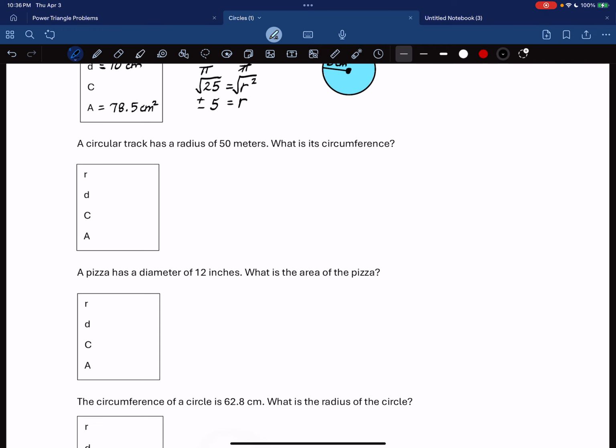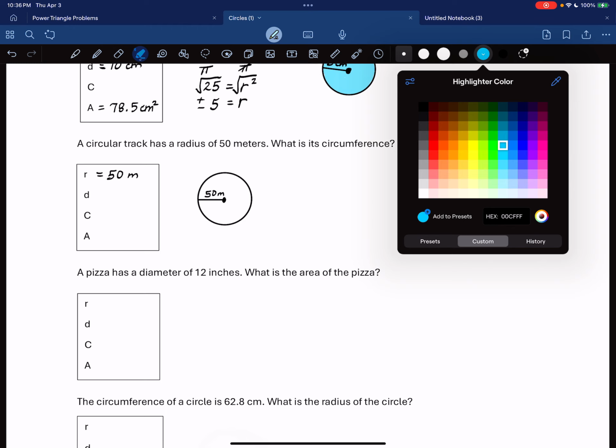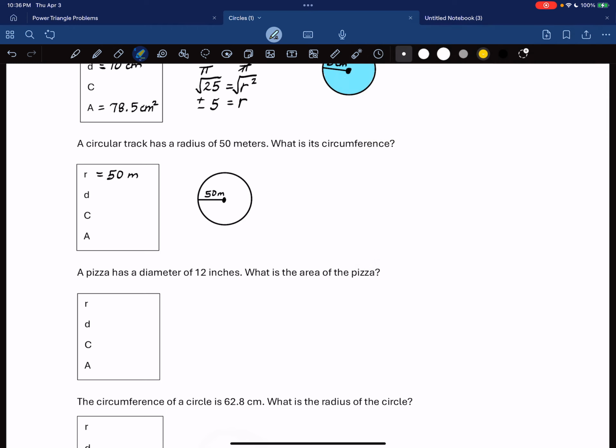Okay, a circular track has a radius of 50 meters. What is its circumference? So we want to know the distance around the track. So if we're looking at this in a model, we would have the circle itself. They tell us that the radius is 50. So this is 50 meters. And they're asking us to find circumference. They want us to find this distance